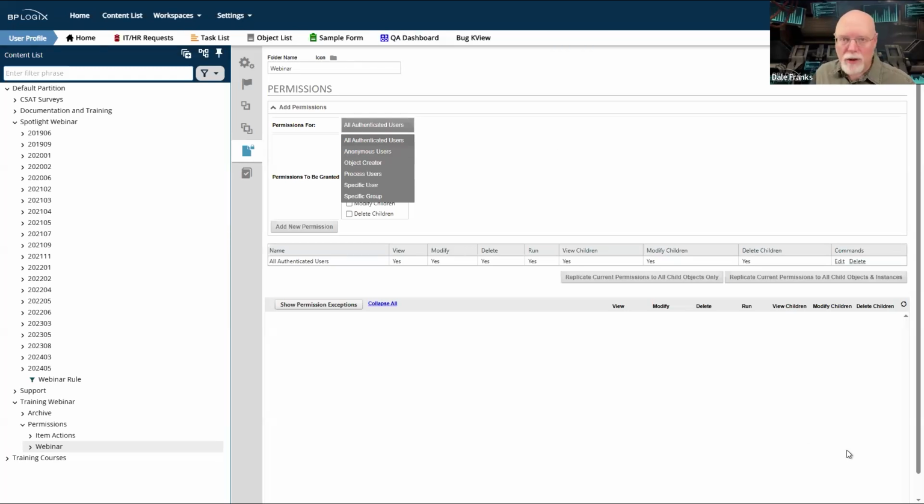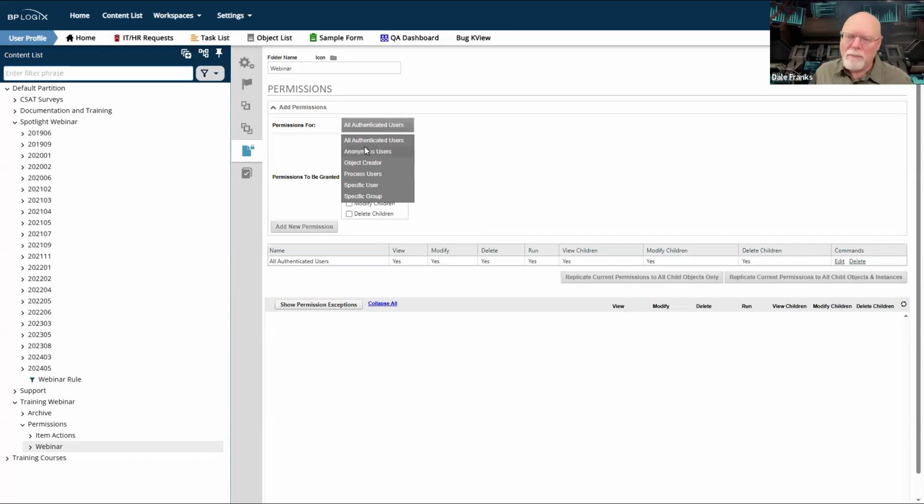And so the way that you would do that is you just provide them with a knowledge view that has view children permission for anonymous users so that they could view that knowledge view. Actually, I think you'd give them run permission for that knowledge view. We'll have to discuss what all of those individual permissions mean in a second. But those are the two use cases for anonymous users.